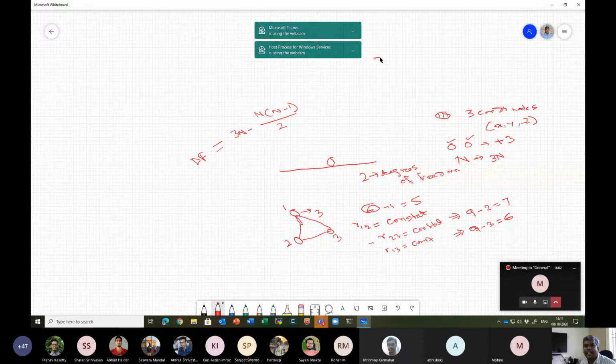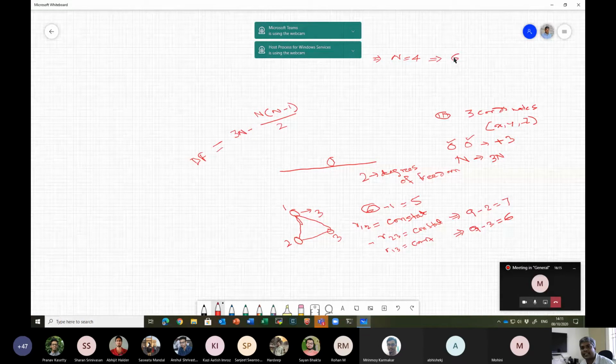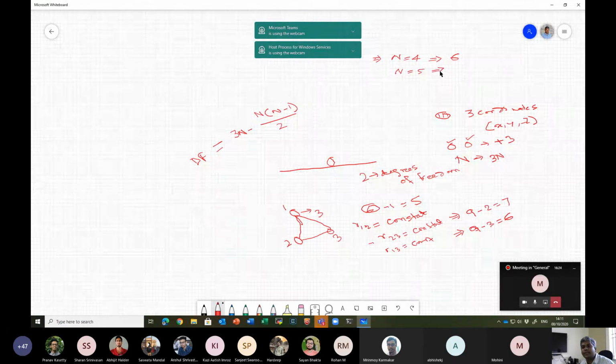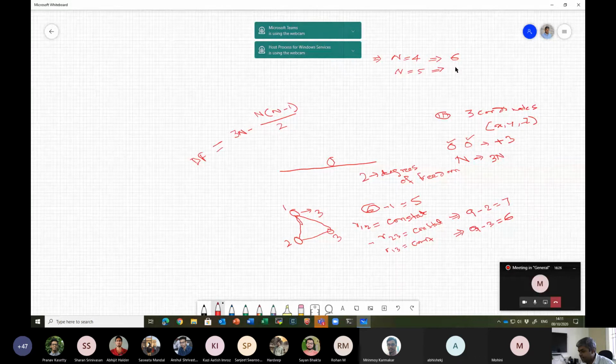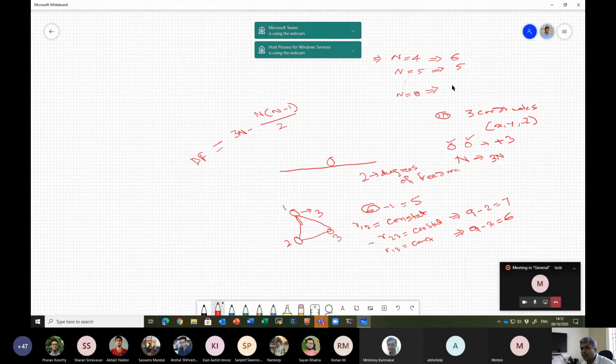Okay, now just take a case of n is equal to 4 number of particles, right? So if I consider these 4 particles, the number of degrees of freedom, if you calculate, you will get 6, right? If you put it in this formula, you will get 6. Okay, now if you go further, if you take n is equal to 5, I'm increasing the number of particles, so what you get basically is 5 degrees of freedom. Okay, and if you just keep on increasing, and if you go to say n is equal to 8, now if you do that, what you will get? You get a negative number,